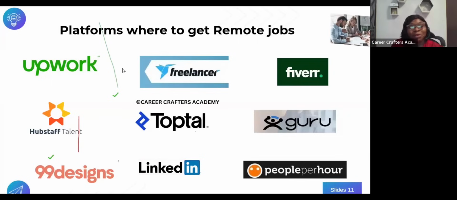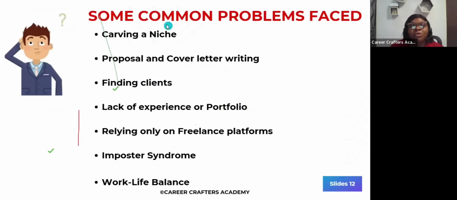Now imagine you don't know how to write cover letters or how to set up your account in a way that clients will even be sending you invitations. You don't know how to do all of that. You spend your small money, you buy connects, you apply anyhow, and nothing comes out of it. So it's not just about knowing the platform, it's knowing how to use these platforms to get good results. Okay. Now, let's move forward.